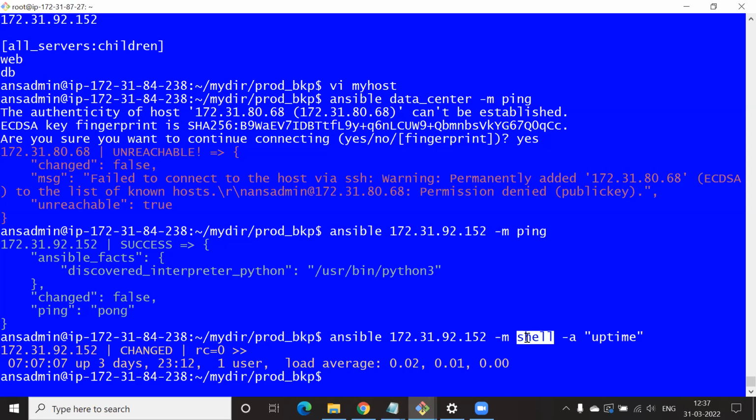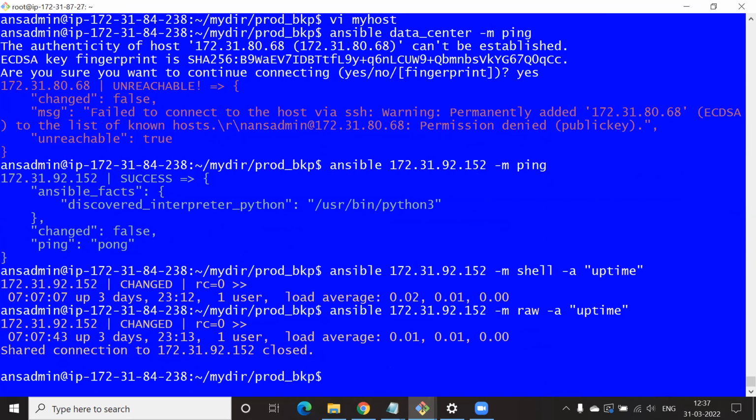So bring up the previous command, change the shell to raw. The raw module is what we need to keep in mind. Run it. Should get a similar output. As simple as that. Cool. Okay. So now what we'll do,